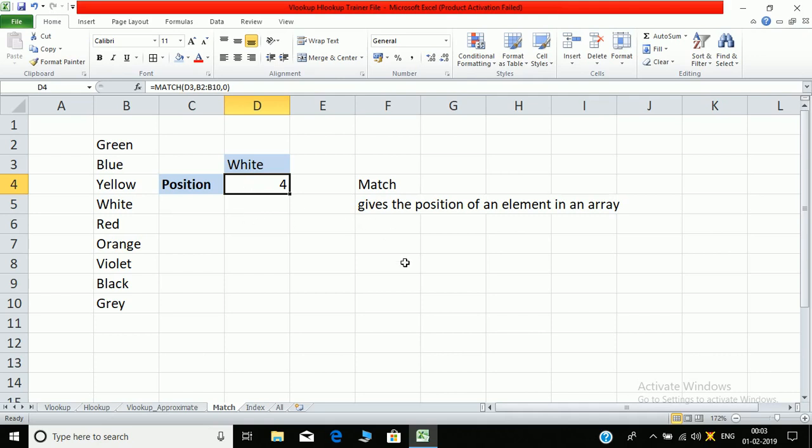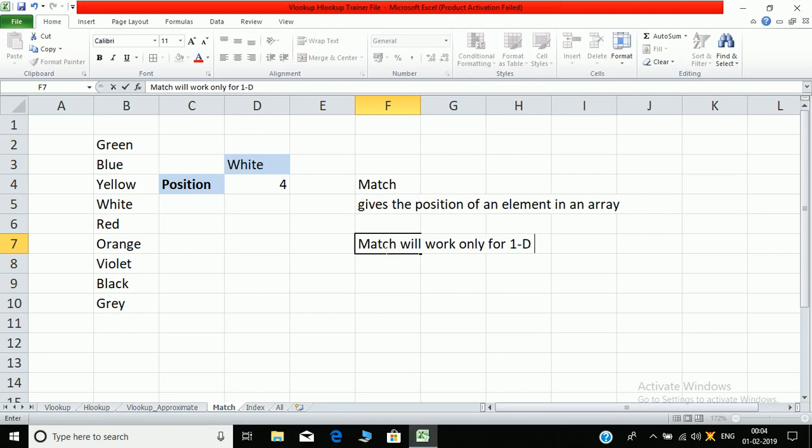Now there are two things which we keep in mind while using match. Firstly, match will work only for one-dimensional arrays, 1D arrays. This is one thing which you need to keep in mind. It will work only for 1D arrays. And the second thing is: